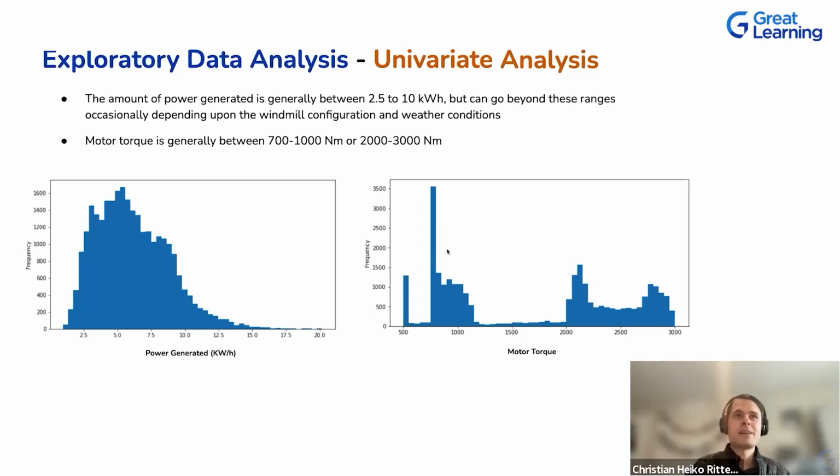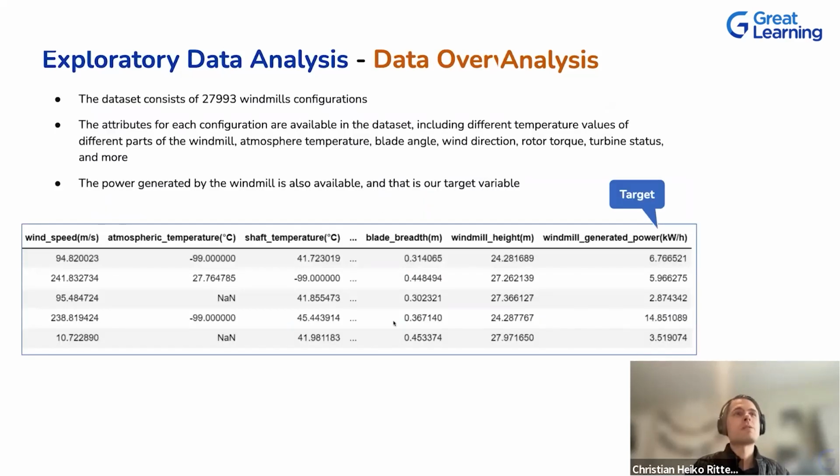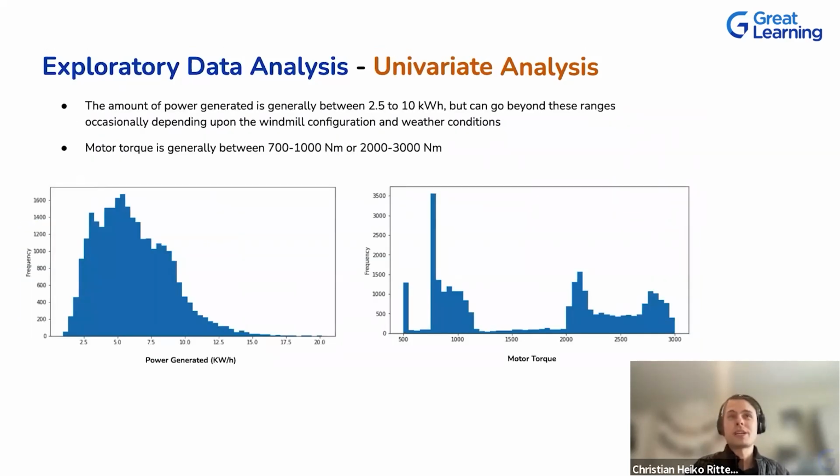Another point to consider: look at the motor torque, which is one of the variables in the rich set we have, and you see patterns appearing. Why are those patterns appearing? This is a usual question. Why is it distributed this way or not? One could guess there are different modes of operation for the motor of our wind turbine. Maybe certain conditions produce a lot of motor torque around this peak and this peak, and why are they different? So we need to understand the distributions.